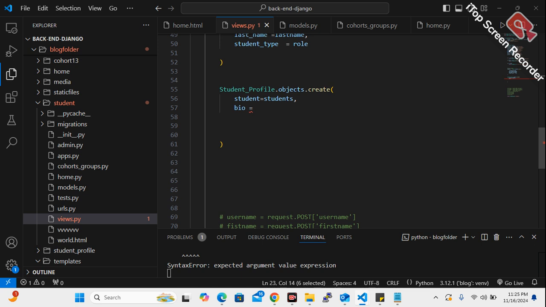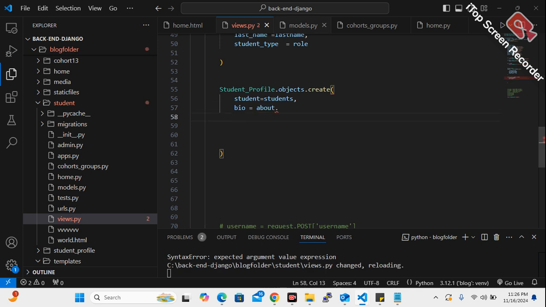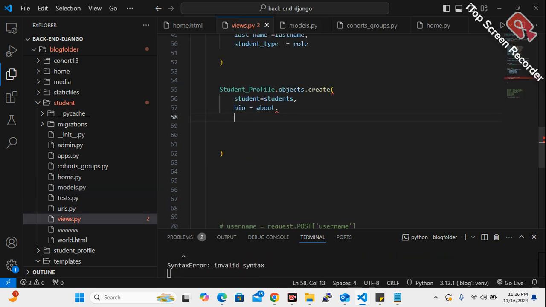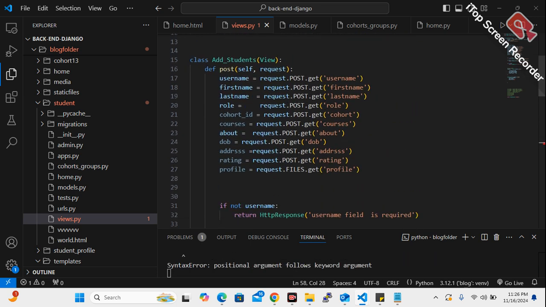So moving here, let's get date of birth. The date of birth should be